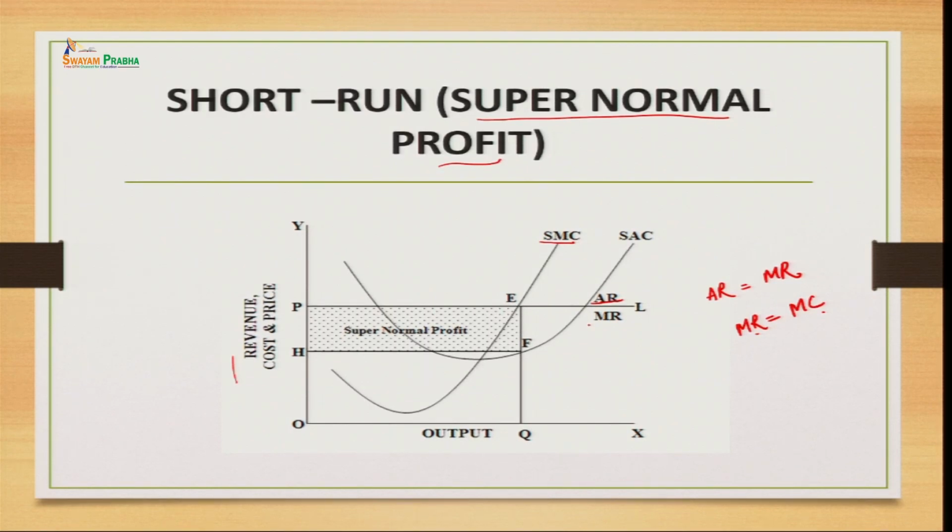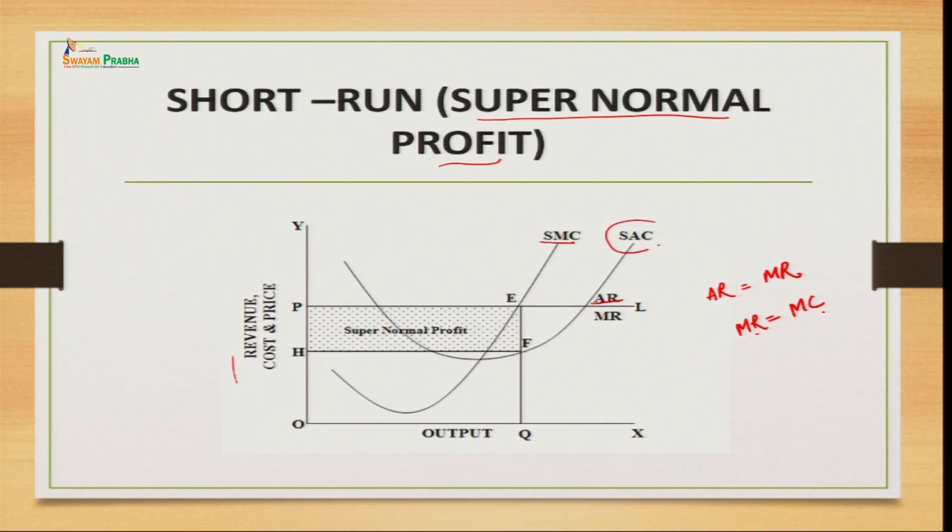So, OP is the price taken from the market, PL is the demand curve which states that demand is perfectly elastic, and since the average revenue is constant, the marginal revenue of the firm is also constant. Where marginal cost cuts the marginal revenue curve from below, and where marginal revenue is equal to marginal cost, we have this equilibrium quantity. So, we should be producing OQ quantity because the firm is going to reach the equilibrium point at E.